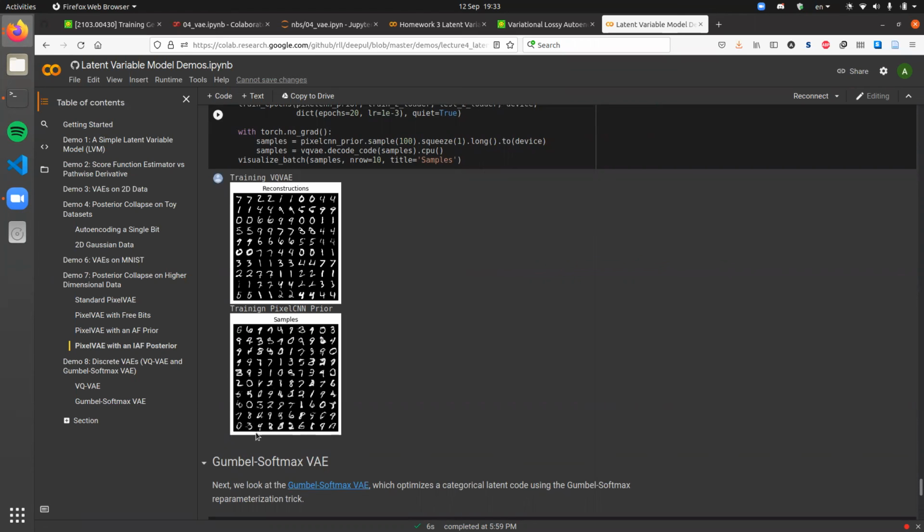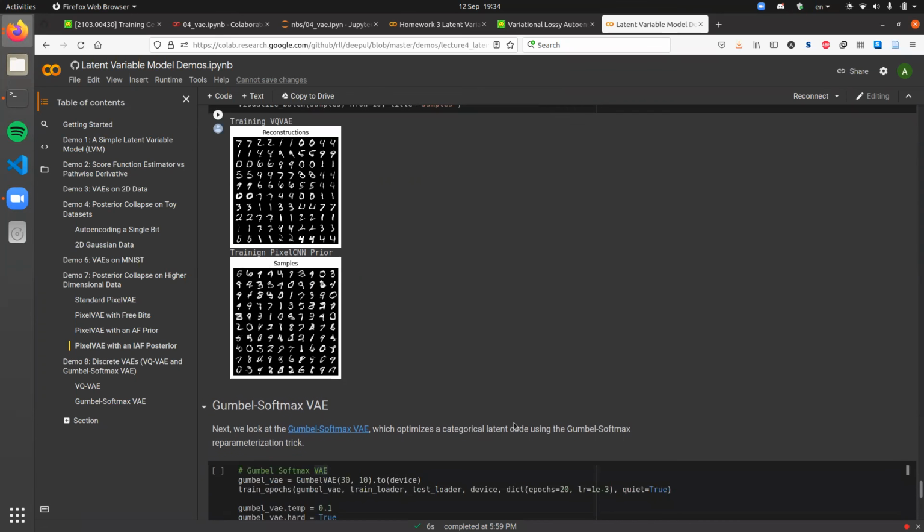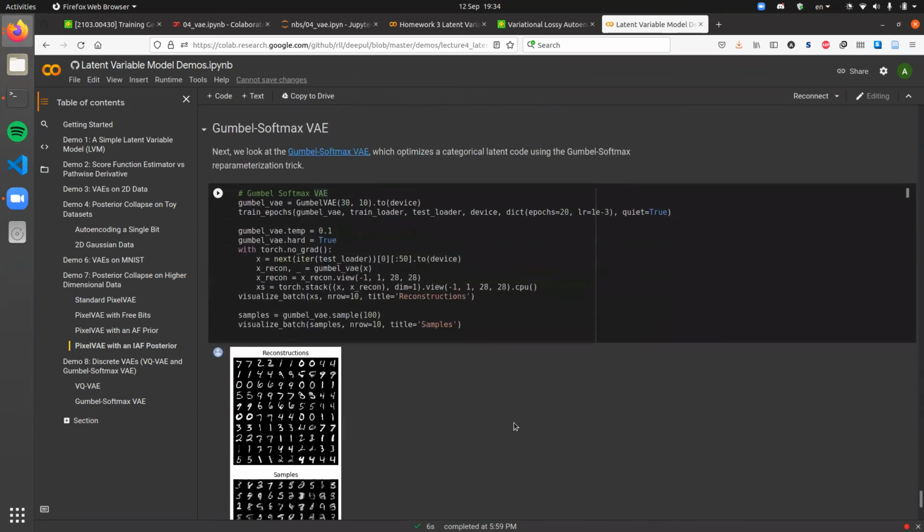And the samples are also quite good, I believe, but not perfect. But again, you can probably improve it by training a stronger prior model. So okay,